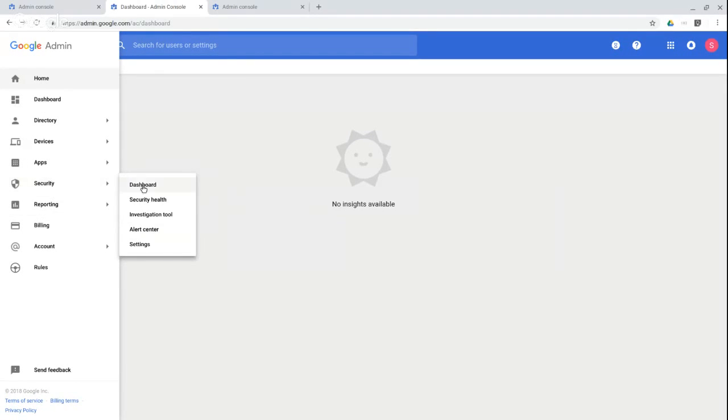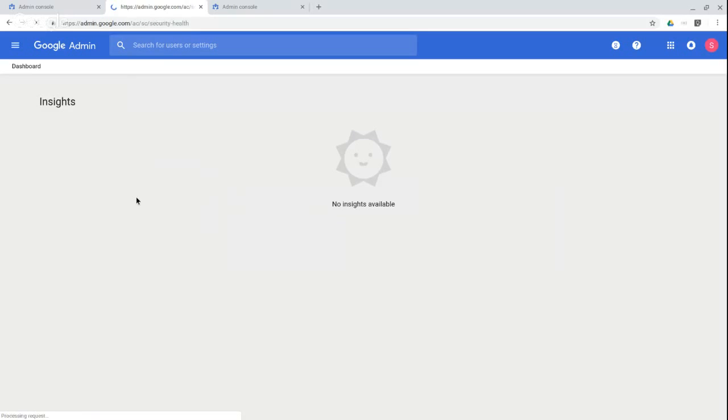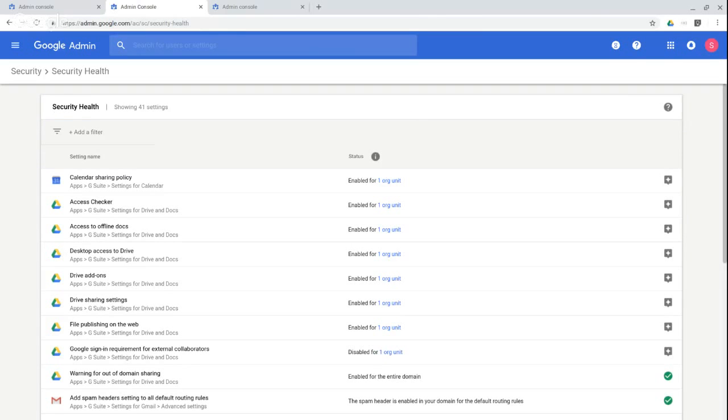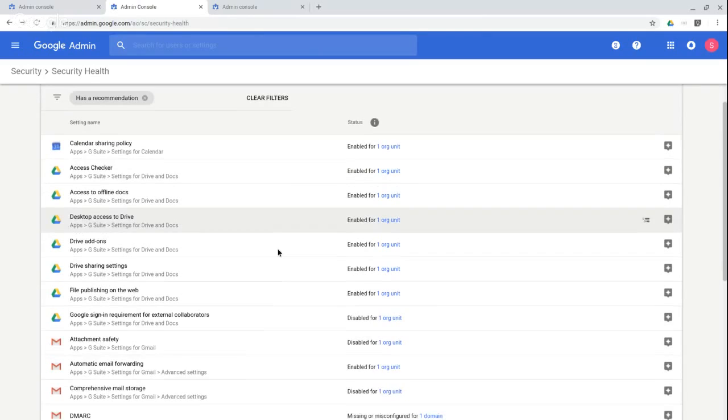So under security, we've got a dashboard here, and we've got the security health. Let's have a look at that. And this is looking across the whole domain, and hopefully going to give us a report. We can filter on things if things have got a recommendation, if things are configured securely. So I could say has a recommendation, and then it's got suggestions here for us about what we might want